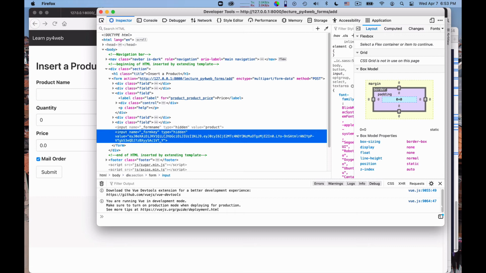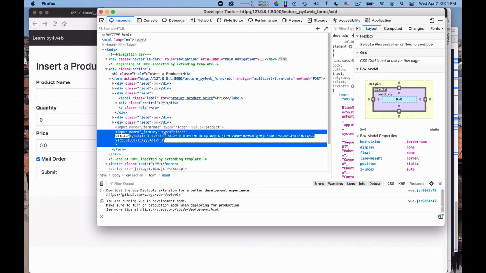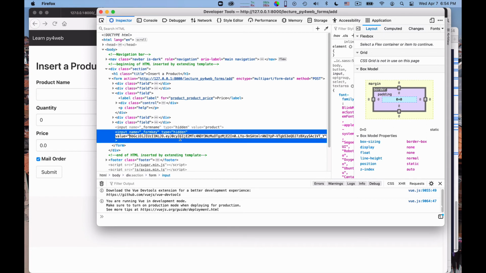So if you try to attack, if you try to generate a similar form from another website, you will essentially not know how to generate a valid form key. I can demonstrate it very easily by editing this form key, and I can modify the value. For example, I can delete a piece of it. This should be enough to make it invalid.